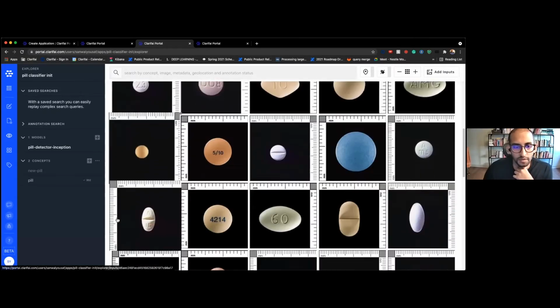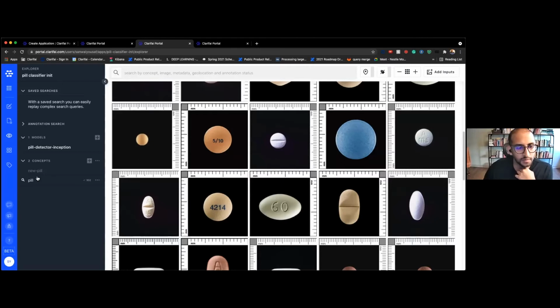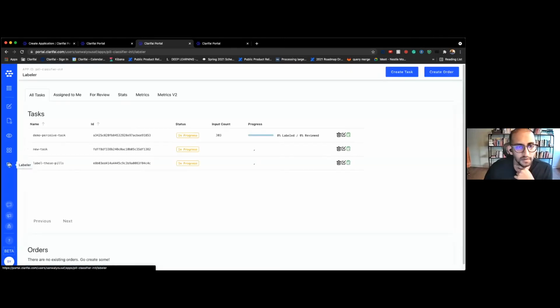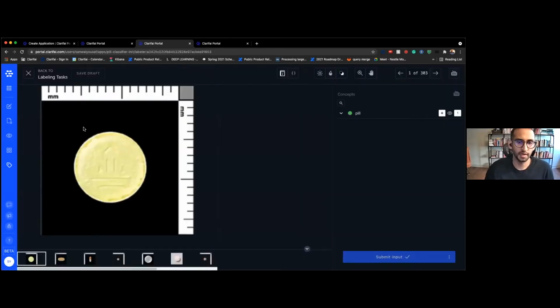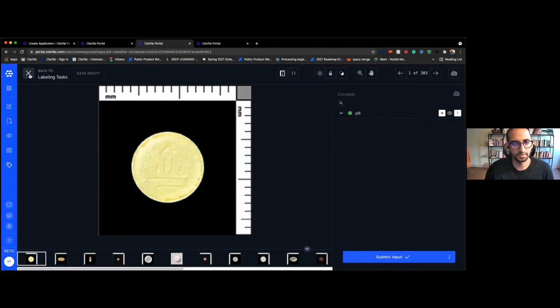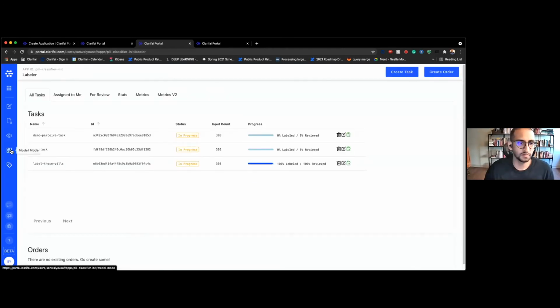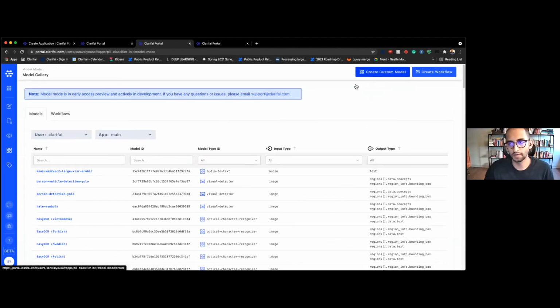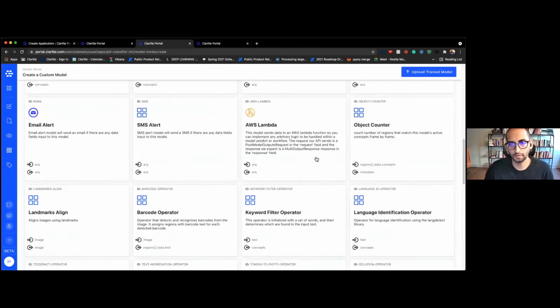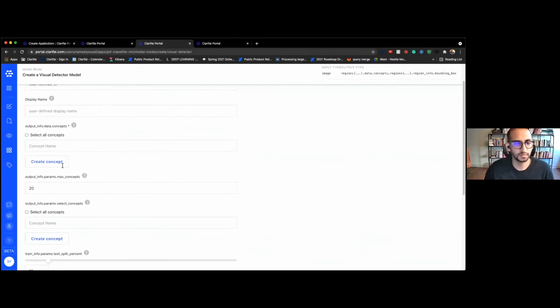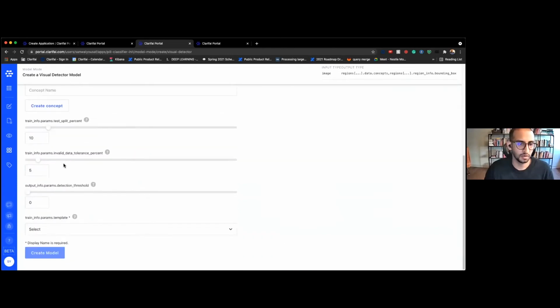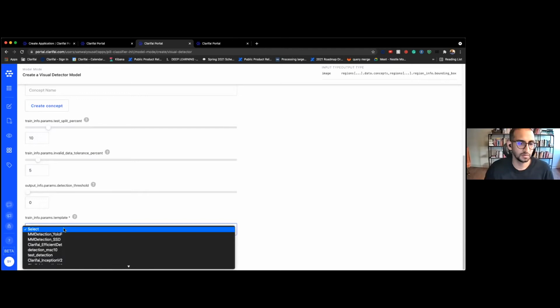And once our images were all uploaded, we created a concept called pill. We then went to labeler, created a task. Either we assigned it to ourselves and our team, or we had Clarifai label those tasks for us. We then went into that created task. We labeled all the images. Once the images were labeled, we went to model mode. We did create custom model. We scrolled all the way down to Visual Detector, filled out the name, chose the concept that we want to train on,